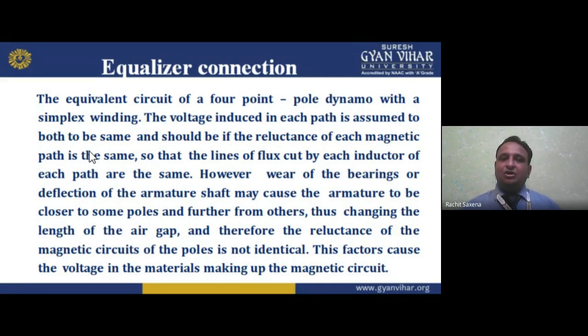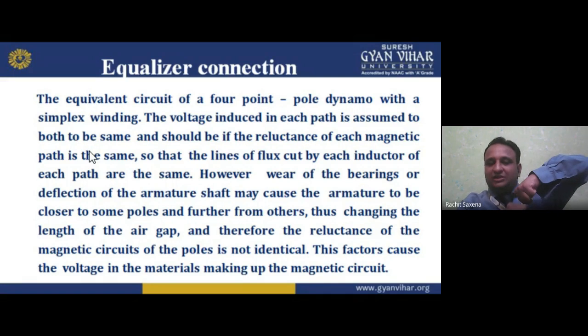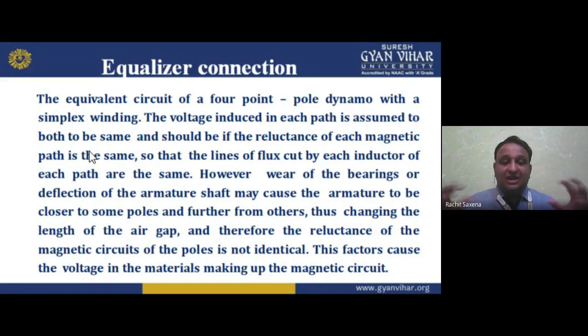In the previous lecture, I told you, my dear students, that the air gap should be given like this. Why should the air gap be there? Otherwise the rotor will not rotate, and there would be friction and rubbing. So if the rotor is positioned like this, the air gap length changes, and therefore the reluctance of the magnetic circuit of the poles is not identical. In one part of one pole the reluctance is lower, another pole's reluctance is higher. So we cannot say it is identical.